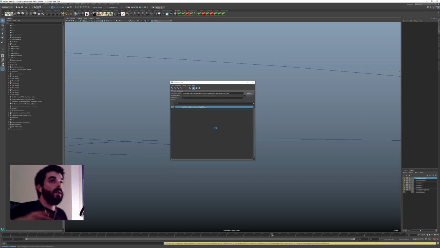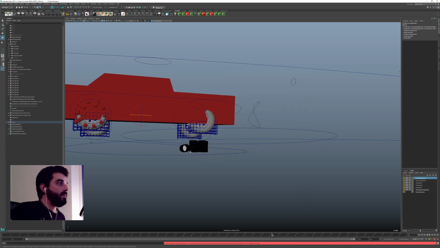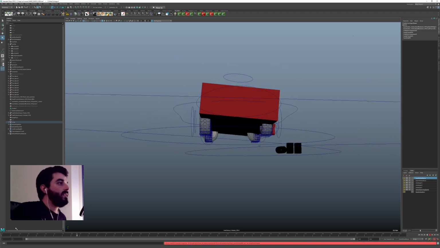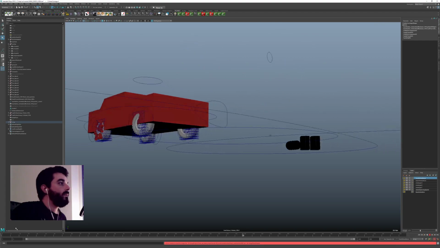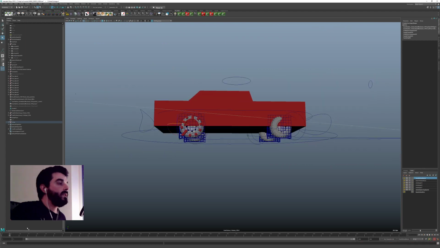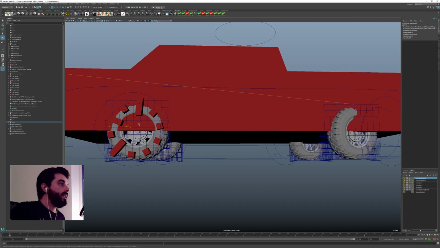Please notice whenever I have a massive or significant update in the rig, I change the version number and I save before re-referencing because I don't want any problems. And then the next thing I do is check that the animation is still working there, which it seems like it is. Okay, now what I can do in here is offset all these guys